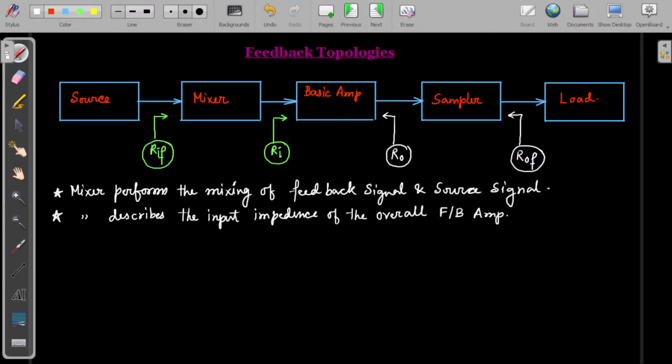ओके, सो नेक्स्ट पॉइंट पे जाते हैं. अब सैम्पलर के बारे में बात करते हैं. सैम्पलर, ये जो सैम्पलर है, व्हाट इज डूइंग? सैम्पलर का काम क्या है? सैम्पलर क्या कर रहे हैं कि